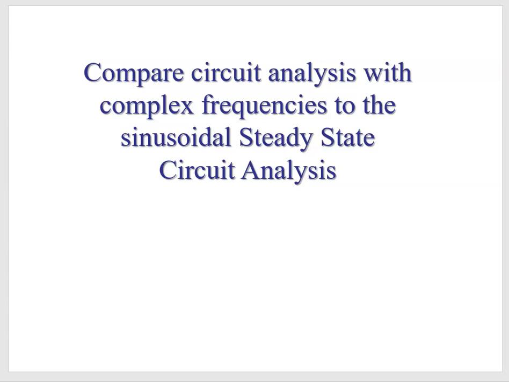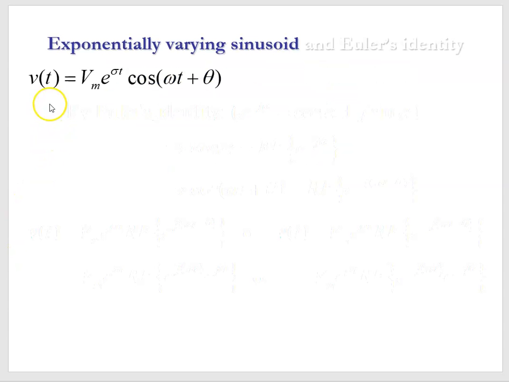Let's compare circuit analysis with complex frequencies to our sinusoidal steady-state circuit analysis. Let's assume we have a voltage source, an exponentially varying sinusoid. So we have a cosine of omega t with a phase shift, and it's exponentially varying with a damping frequency